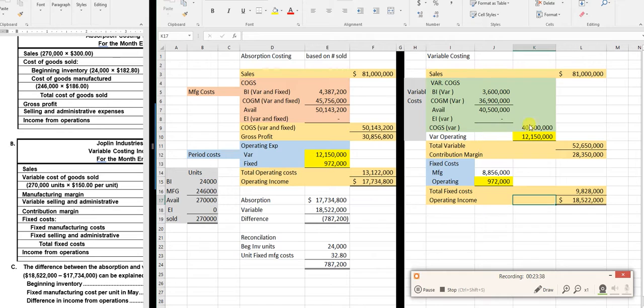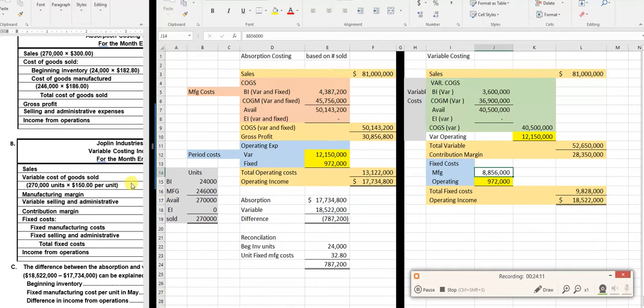Okay, then I have variable cost of goods sold, and I have cost of goods sold over here. And the reason it is different, quite frankly, the variable portion is the same under it. It's just simply the fixed portion that's different. So both of these numbers have $150 of variable cost, but it's the fixed cost that's different. So why is it different? Well, because this one right here, I put,